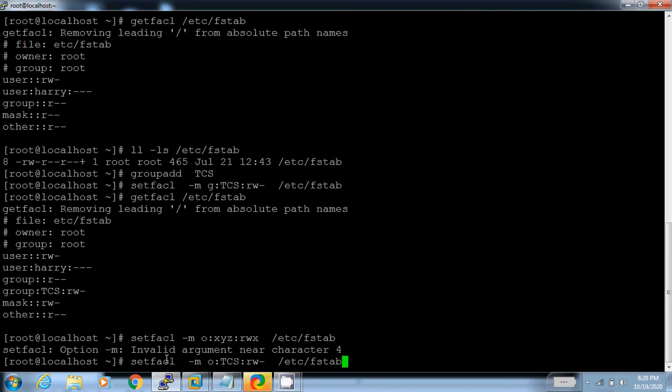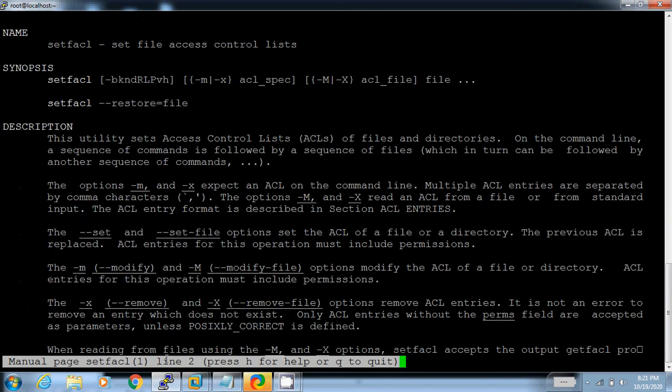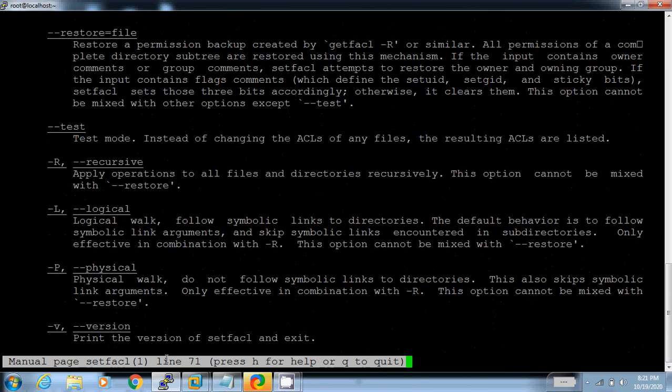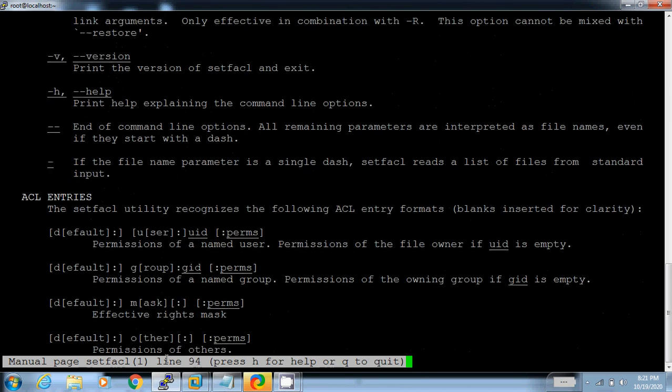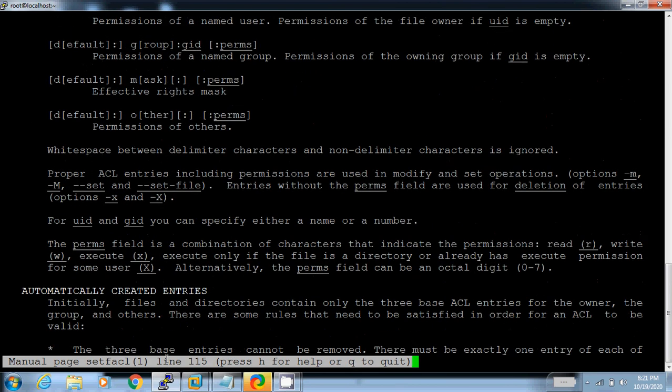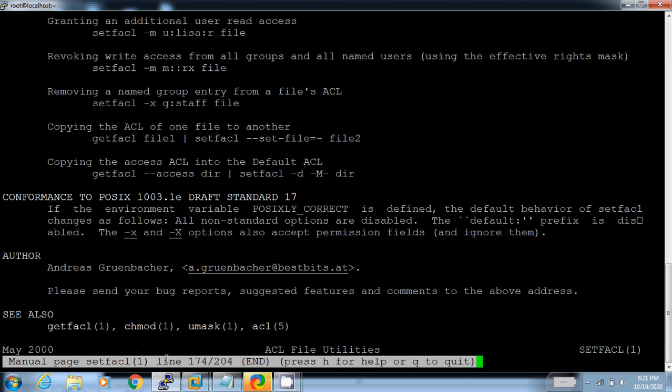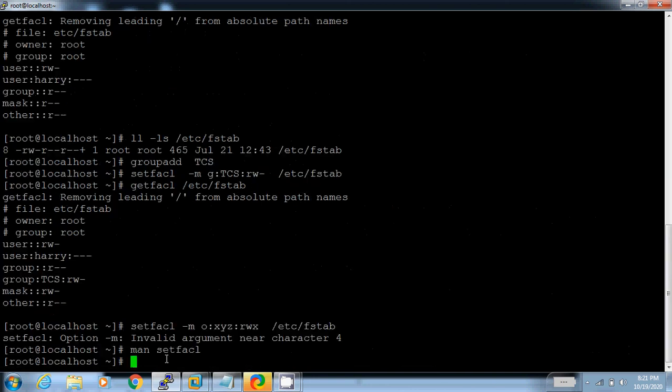So now check the man page of the setfacl command. Check whether the attribute o is available or not. I hope permission for others may not be applicable in case of ACL.